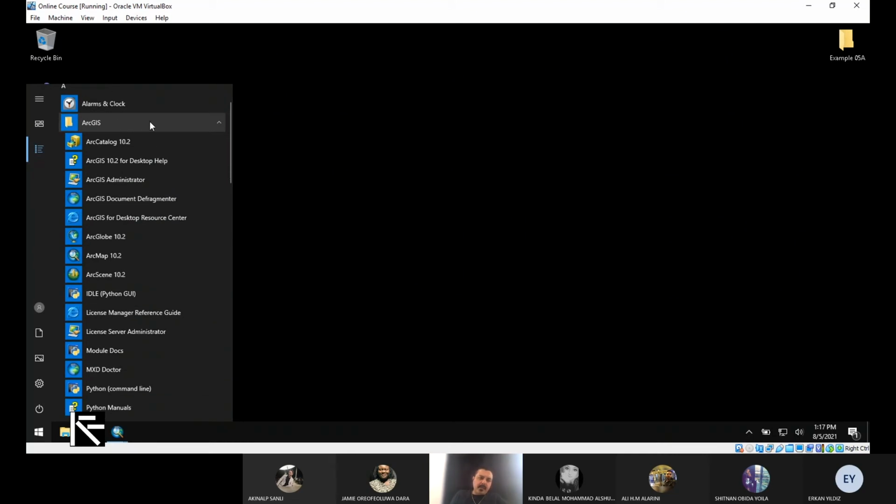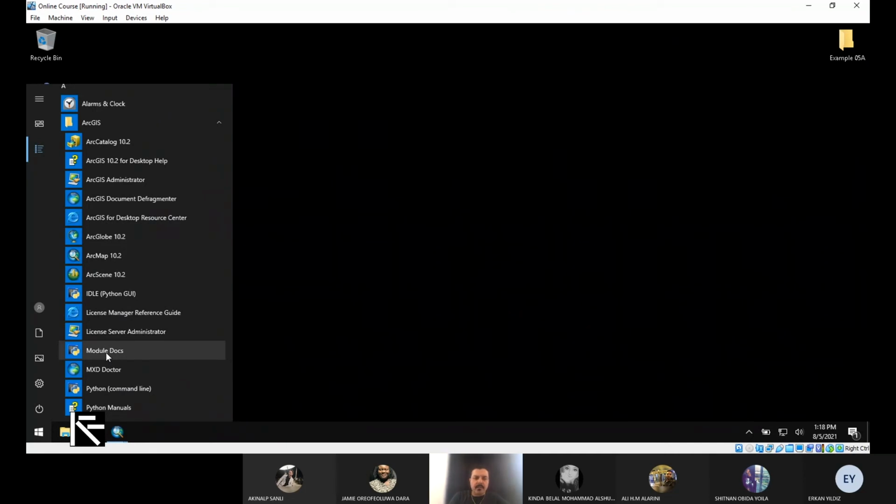If you install it, you have ArcCatalog, a desktop help or user manual, an administrator, a desktop resource center, ArcGlobe, ArcMap, ArcScene, the Python application programming interface. We have some license manager reference guidelines, and a license server administration. We have some Model docs